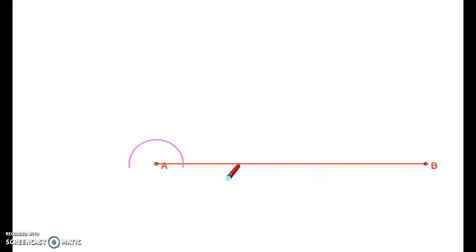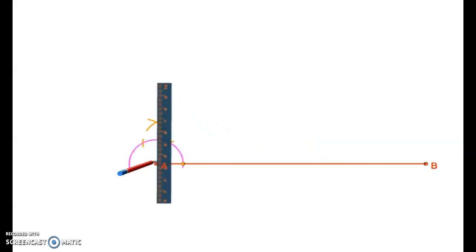Now, mark the point of intersection of this arc with our line segment AB, and with that point as center, with the same radius, draw arcs. The first arc covers 60 degrees and the second arc 120 degrees. Now we'll be bisecting these two. Just observe, children, without changing the radius, with the points of intersection of these arcs, we are drawing two more arcs, bisecting our angle to get an angle of 90 degrees. Now this 90 degrees angle has to be bisected to get 45 degrees.